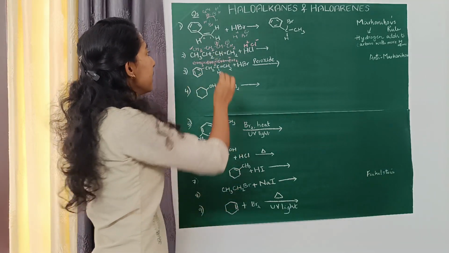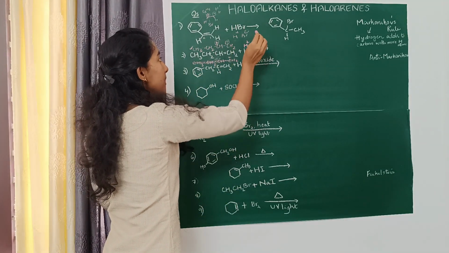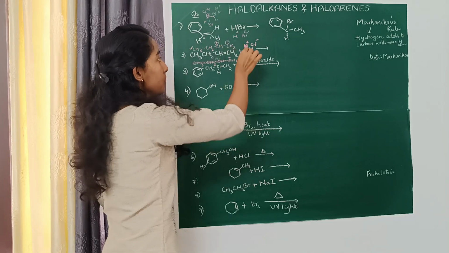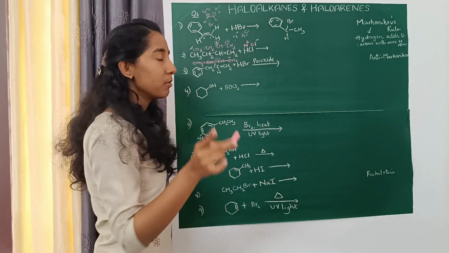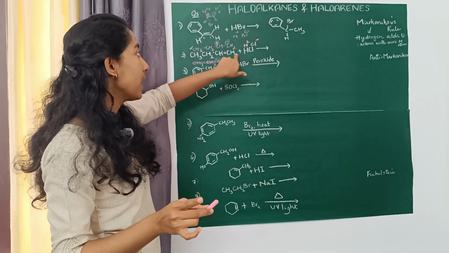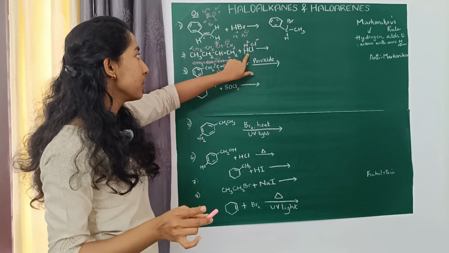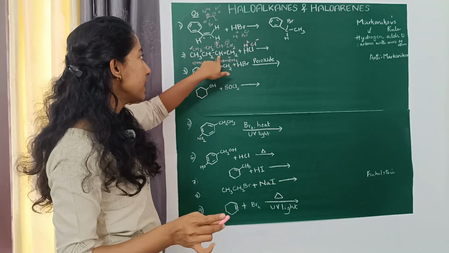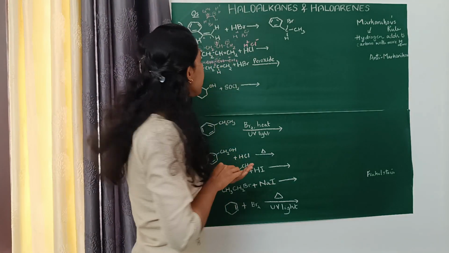So in this case, again here H plus and Cl minus. So basically Cl minus will be coming to this carbon and H plus will be coming to this carbon. So again this is also following Markovnikov's rule. Basically the hydrogen will be added to the carbon having more number of hydrogen atoms. So this double bond will break and you get this hydrogen over here and Cl over here. So you write it as